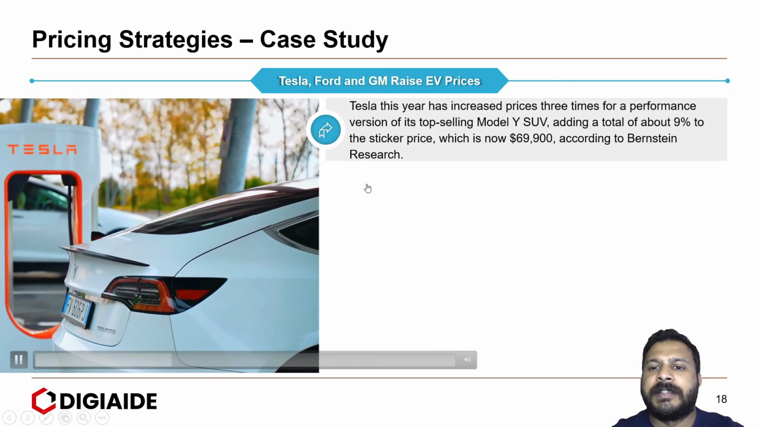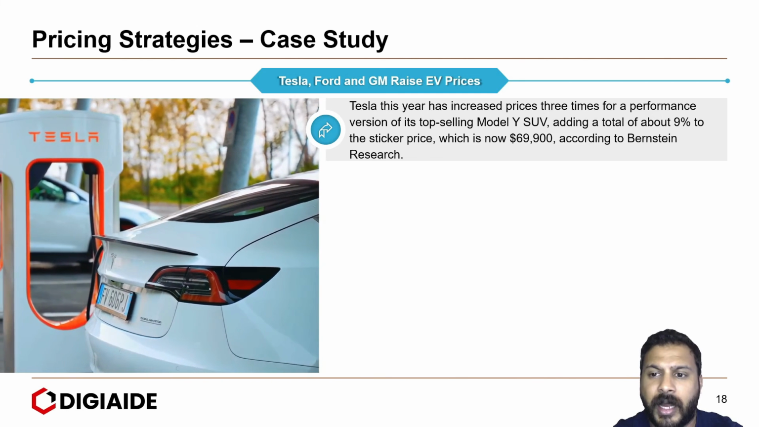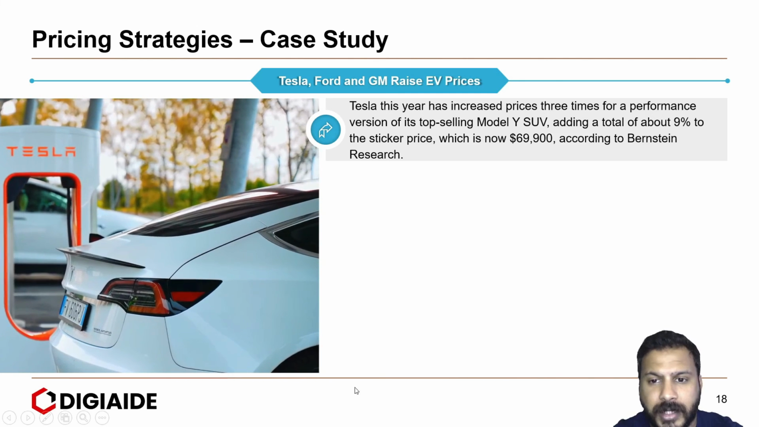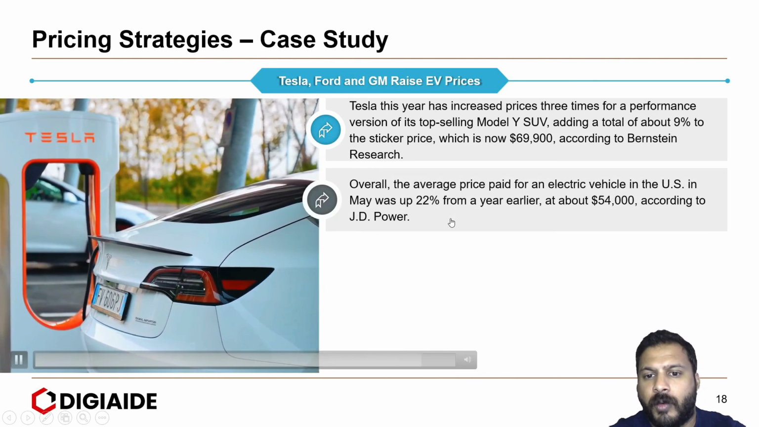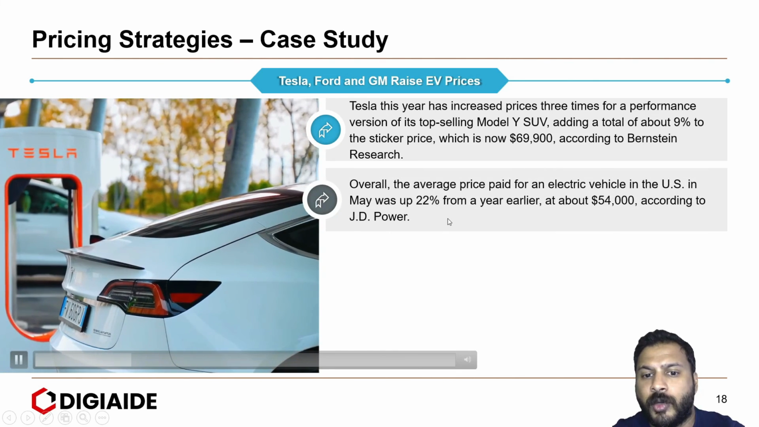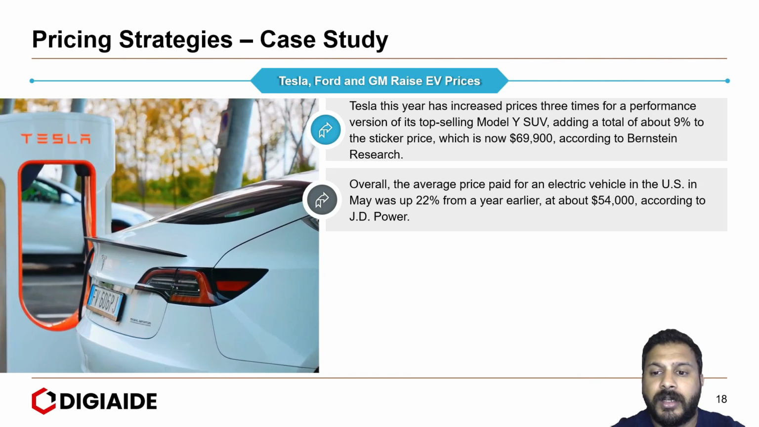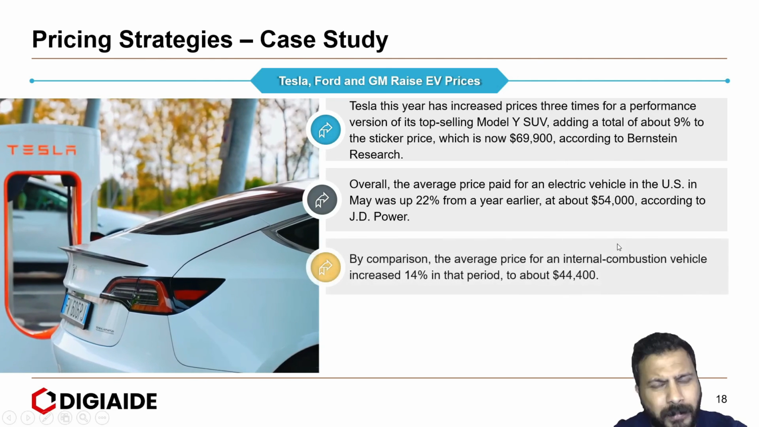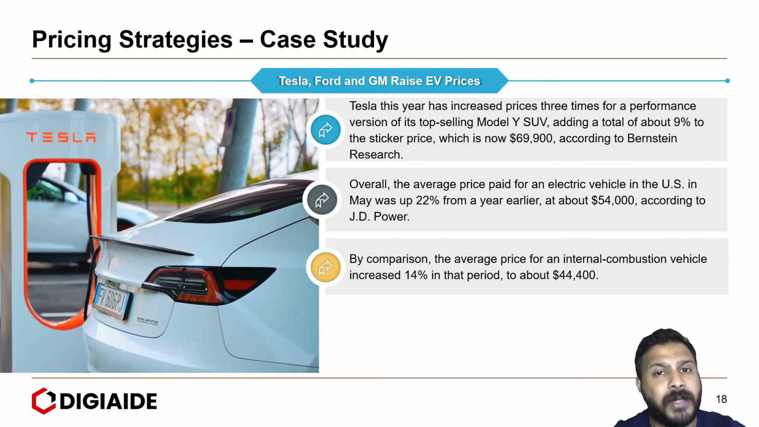Similarly, Tesla this year has increased prices 3 times for a performance version of their top-selling Model Y SUV, adding a total of about 9% to the sticker price, which is now about $69,900. Overall, the average price for an electric vehicle in the US in May was up by 22% from a year earlier at about $54,000. By comparison, the average price for an internal combustion vehicle increased 14% in that period to